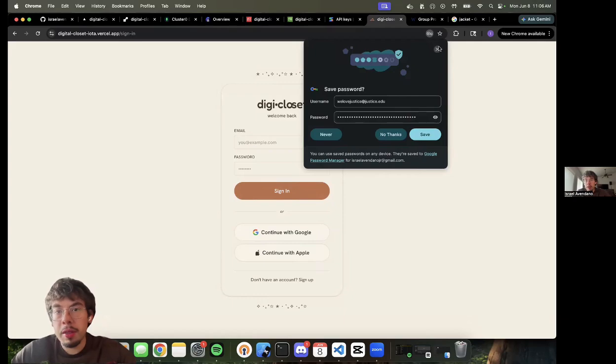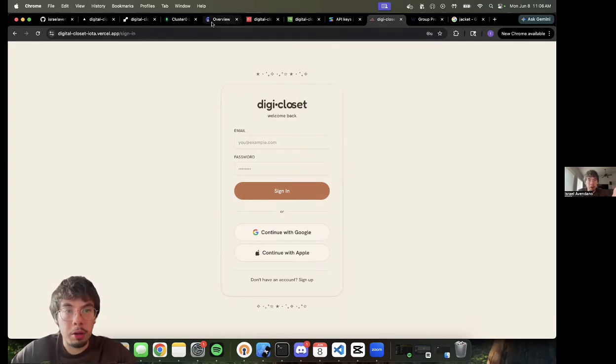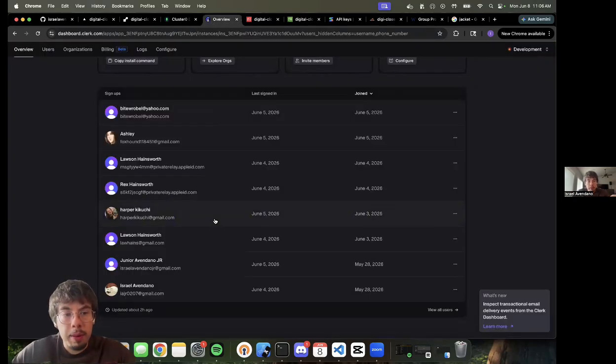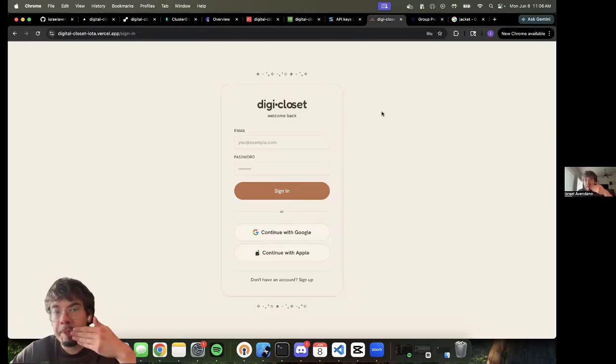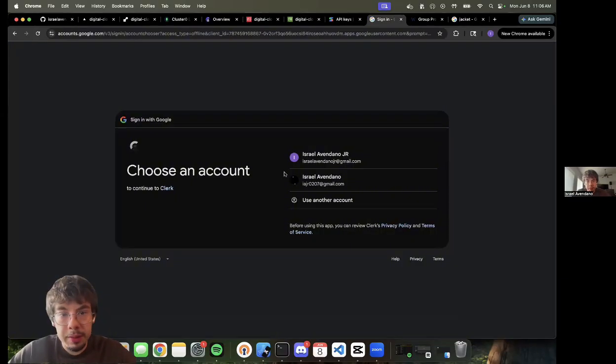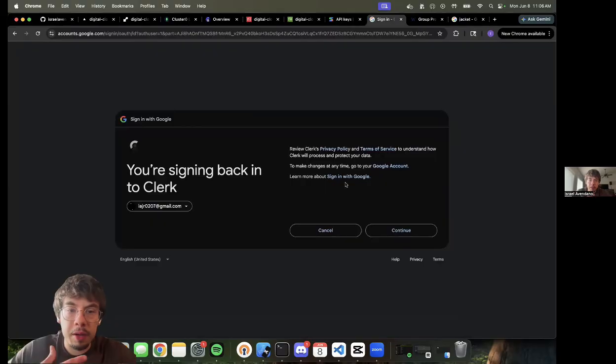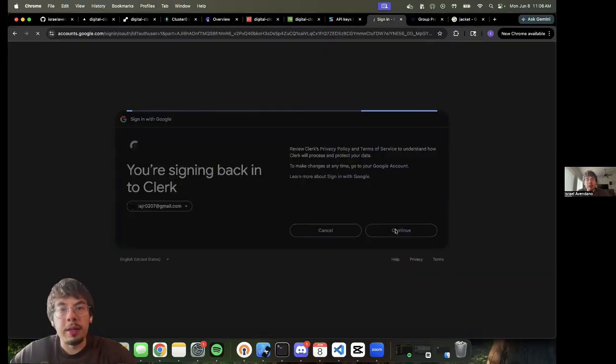But we also have OAuth, and because we're using a service called Clerk over here, these are all our members that have created an account in Clerk. Clerk is just a middleware API for authentication. Authentication is a really popular problem. It's been done a million times and it's been done really well. Don't reinvent the wheel, just use it. So if I go ahead and log in just through Google, you can see I'll be able to